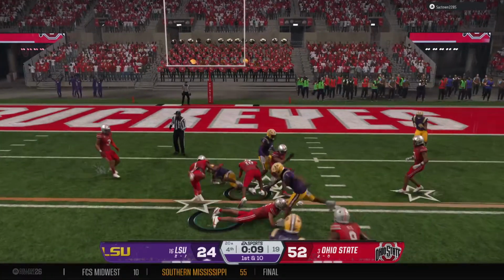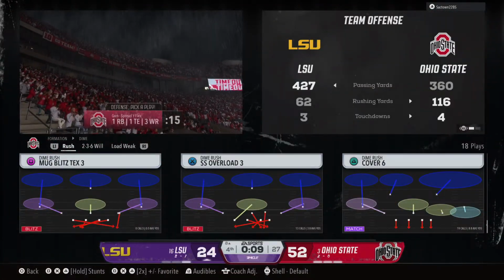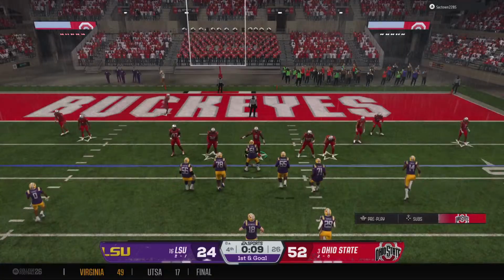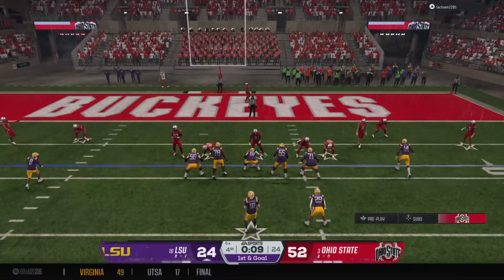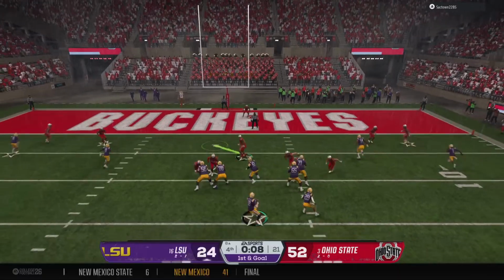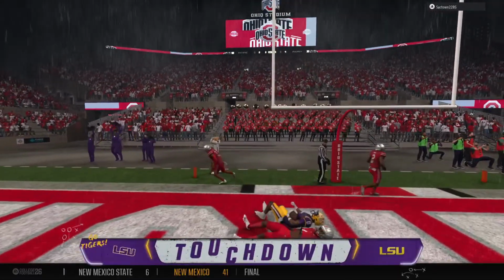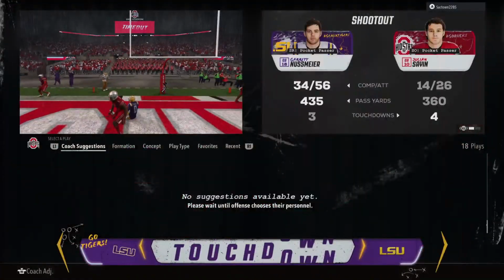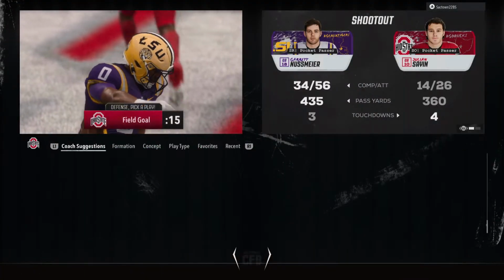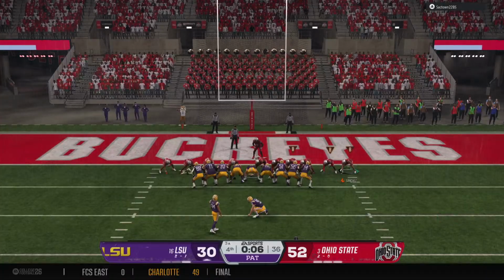Receiver makes the grab. The tackle is made, but the offense is now set up with a 1st and goal from the 8. And they stop the clock with a timeout, 9 seconds remaining. The offense sets up in scoring position with a new set of downs. To throw, it's Nussmeier. And it's caught. Touchdown, LSU. You talk about being in a zone. This guy continues to make big plays. That's another touchdown pass for the...